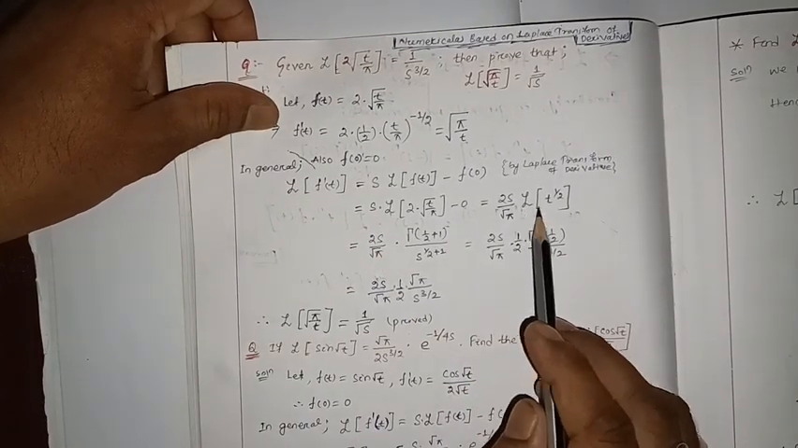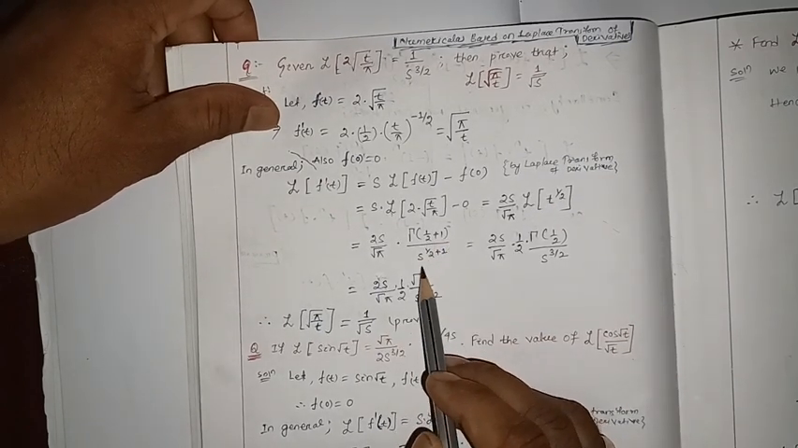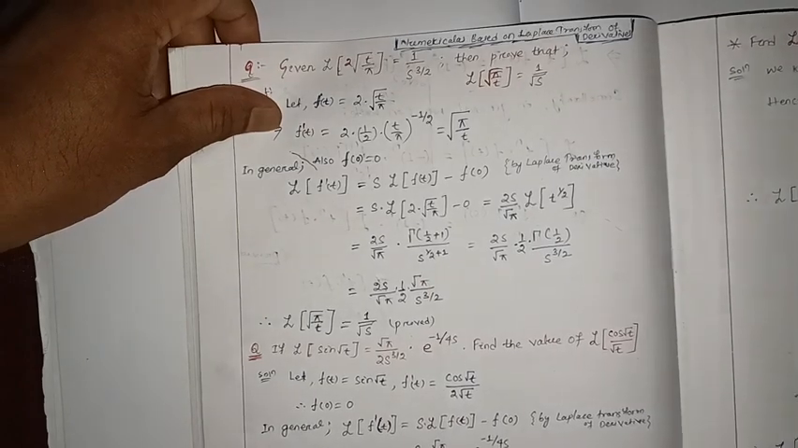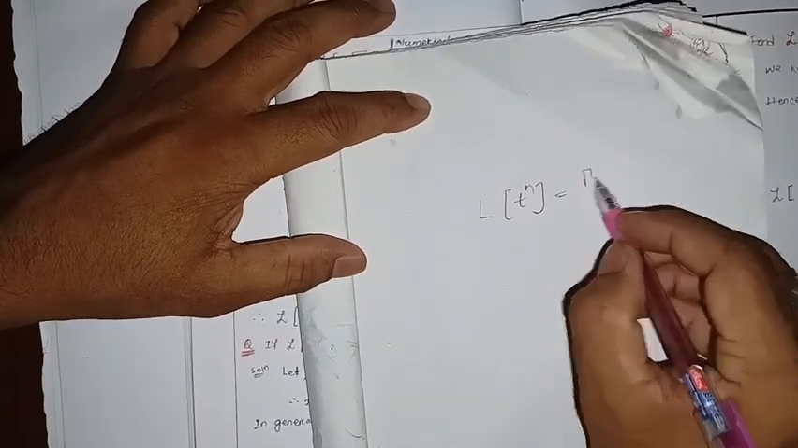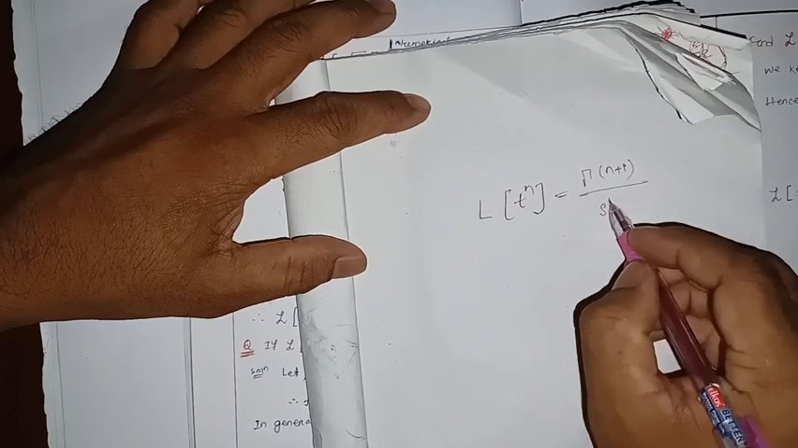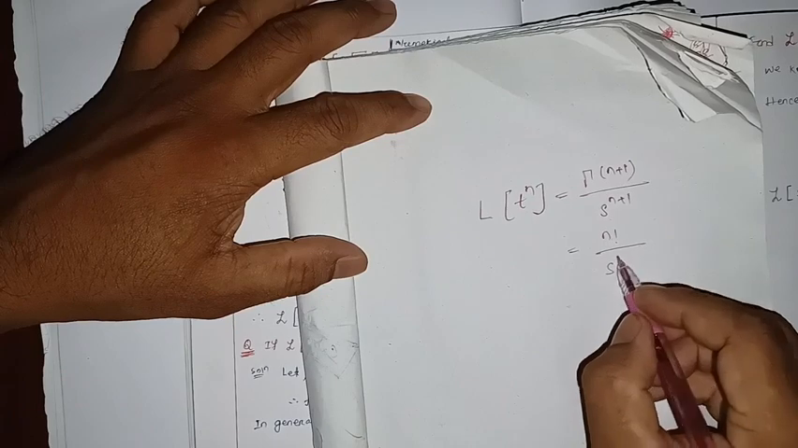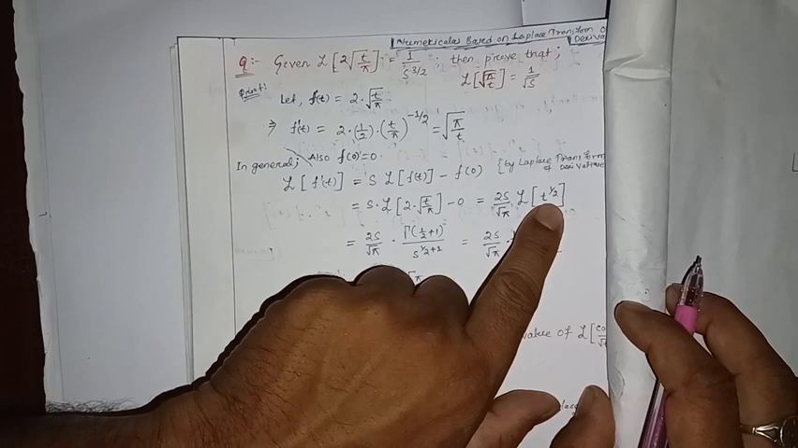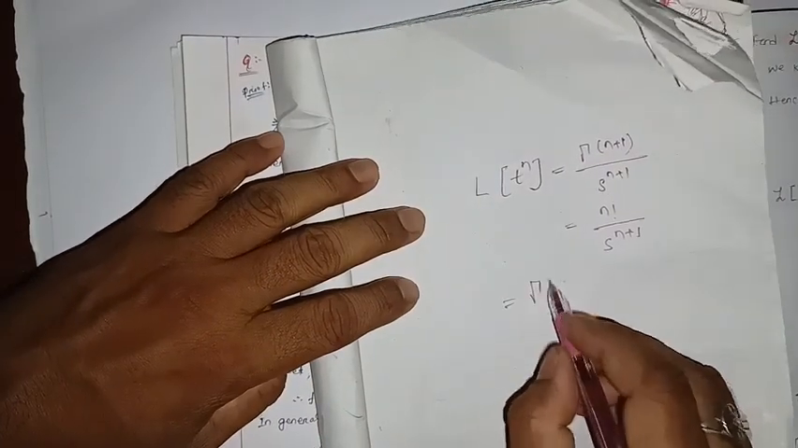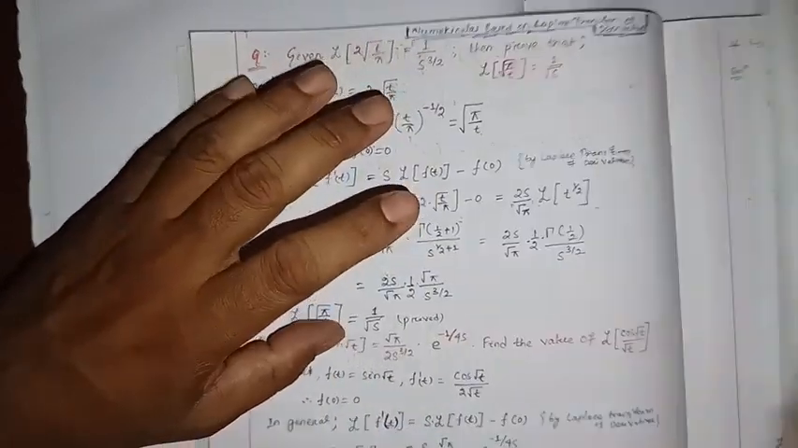Here Laplace transform of t to the power 1 by 2 will be equal to gamma of 1 by 2 plus 1 by s to the power 1 by 2 plus 1. Because already we know that Laplace transform of t to the power n is nothing but gamma n plus 1 by s to the power n plus 1, or gamma n plus 1 is nothing but n factorial by s to the power n plus 1. So here n is nothing but 1 by 2. So the answer will be gamma 1 by 2 plus 1 by s to the power 1 by 2 plus 1. Okay, so